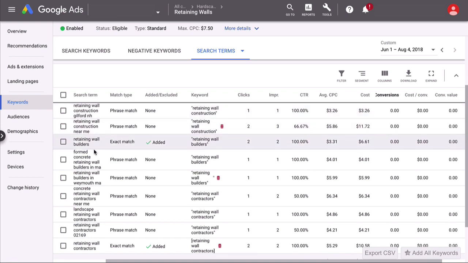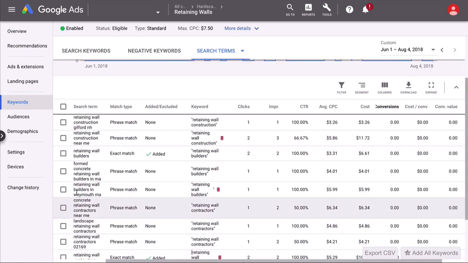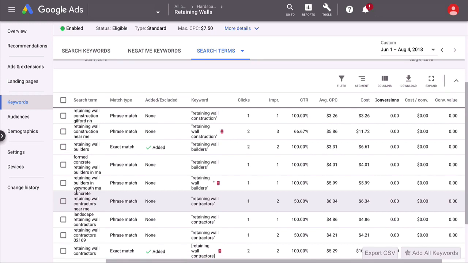converting. So retaining wall builders, construction, builders. Yeah, so these are all high quality searches for the most part. They're high intent, but yet they're not converting. And this is out of 12 clicks, so it's right in that range where I can make a fairly good judgment on it. However, for this, since we're sending people to a pretty basic landing page,